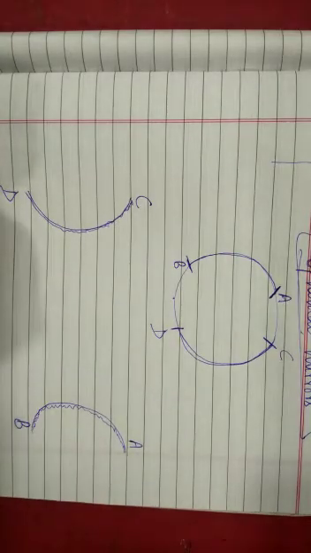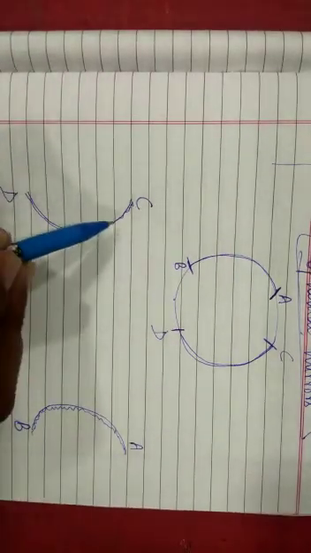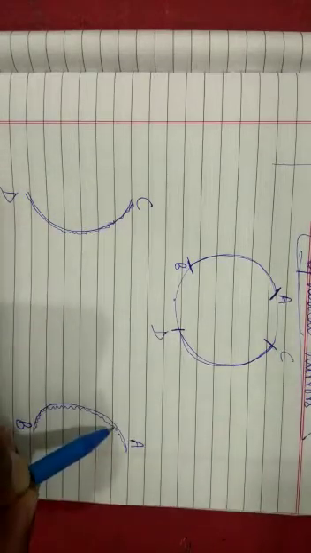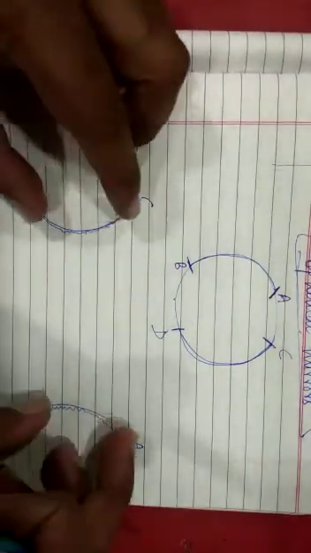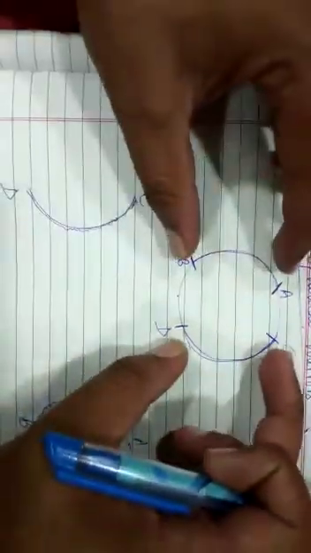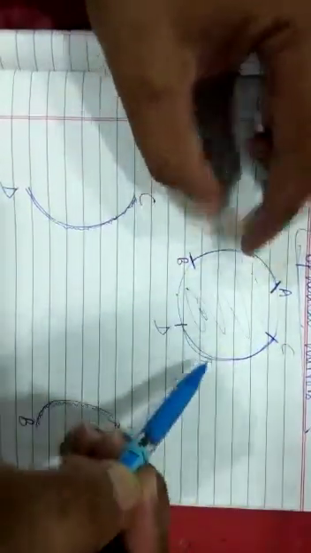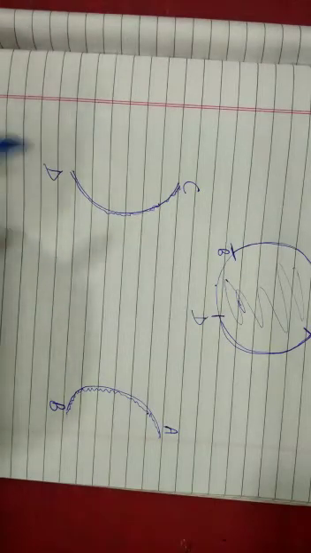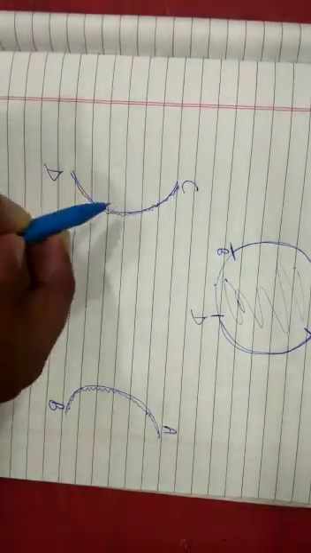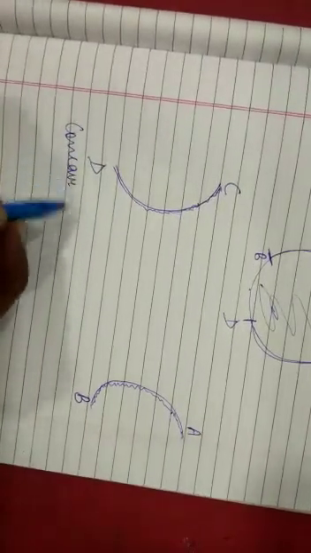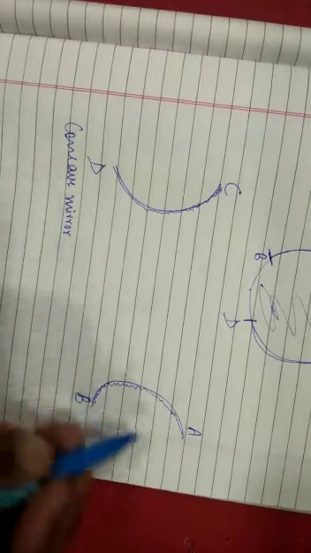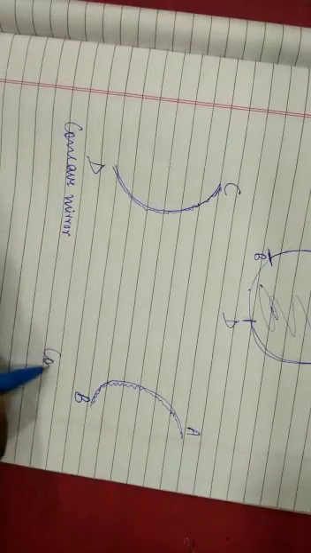Okay. Now what happens? These two mirrors, which are actually curved, not straight or plane, and which form a part of a hollow sphere, are known as spherical mirrors. Now they have special names. The first one, which is polished from outside, is known as a concave mirror. And the other one, which is polished from inside, is known as a convex mirror.